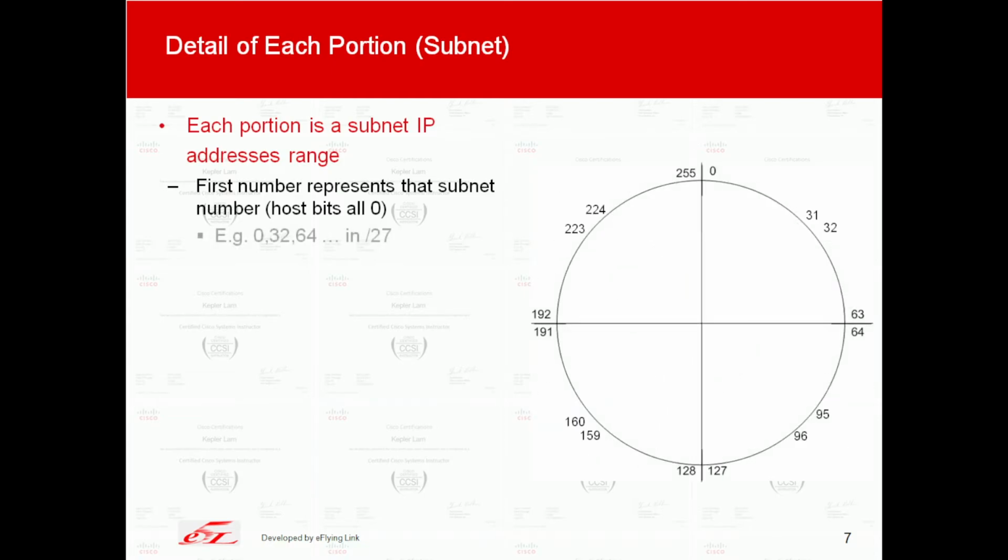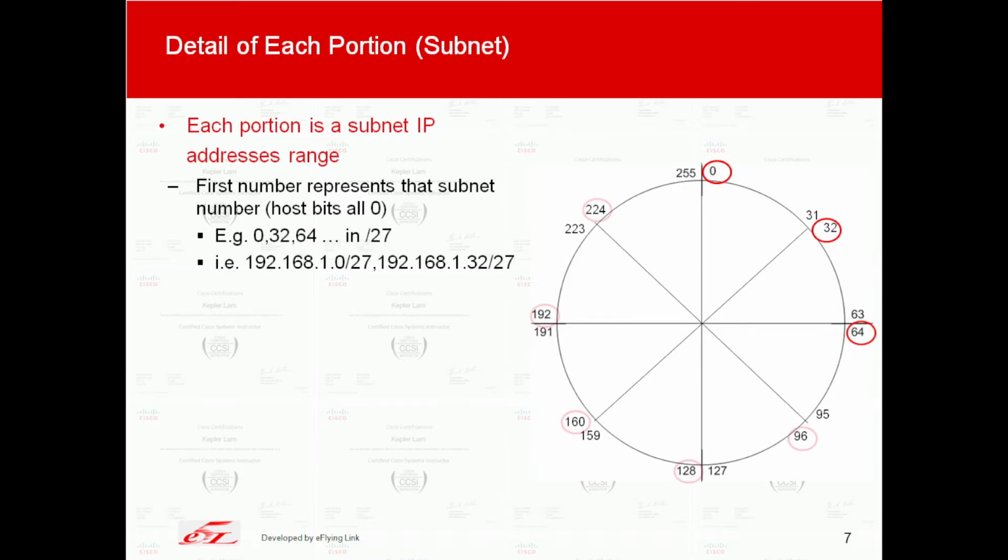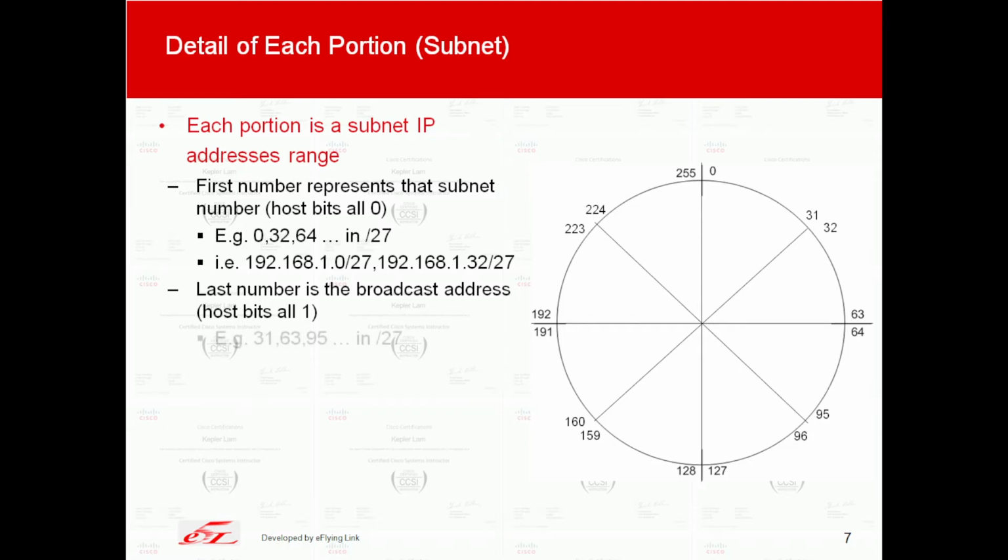For example, in the case of /27, the numbers 0, 32, 64, and so on are the subnet numbers, while the last number of each range is the broadcast address of that particular subnet, because the host bits of these numbers are all 1. For example, once again in the case of /27, the numbers 31, 63, 95, and so on are the broadcast addresses,